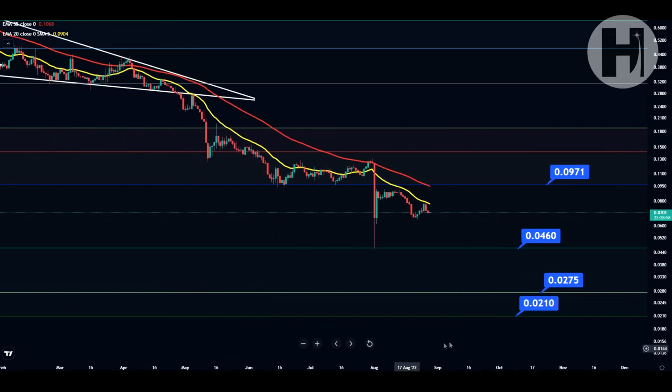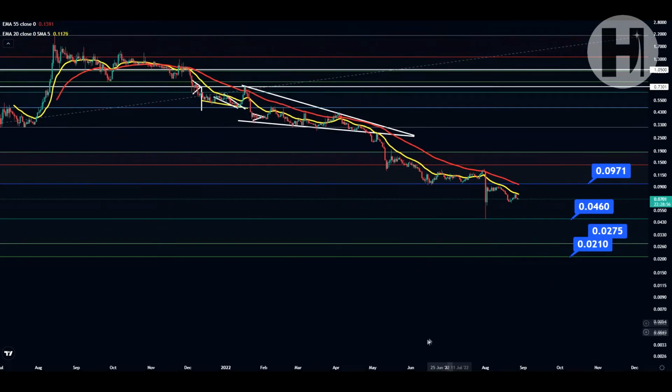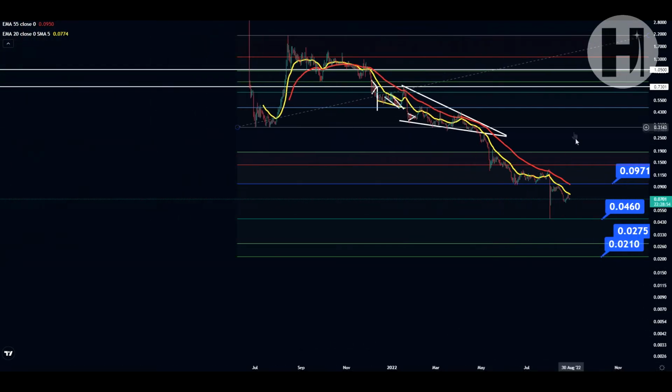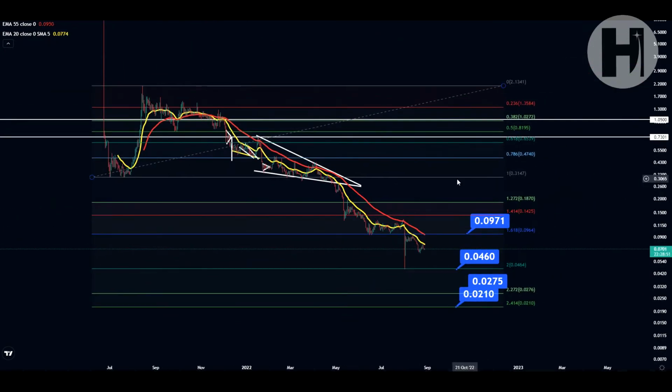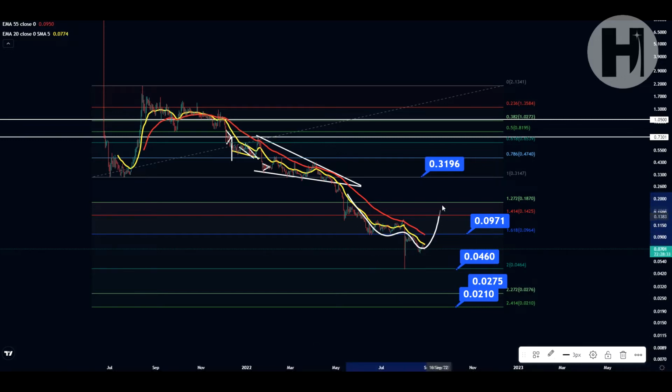And if we take a look at some long-term targets based on this Fibonacci retracement, you can see that we have 31.5 cents, which is going to be a super important level to break, because this is the low that we printed back in July of last year. And this is the low that we lost over here. We still haven't had the back test of resistance. So potentially when we start recovering all the way up to this level, we could get rejected from there,